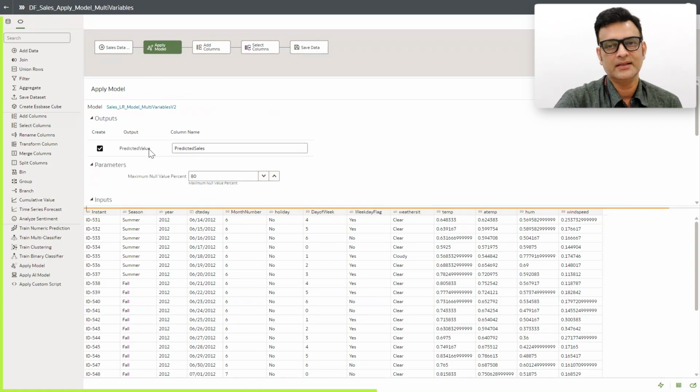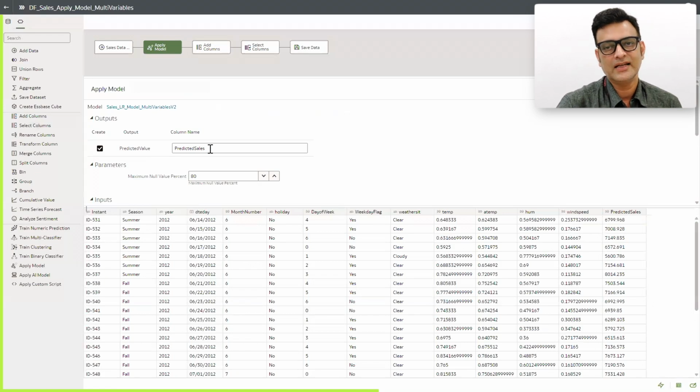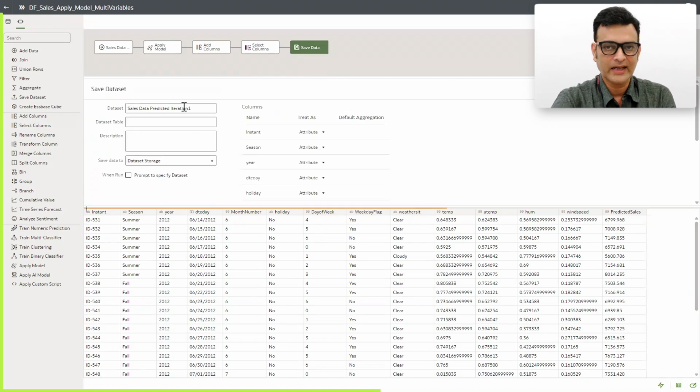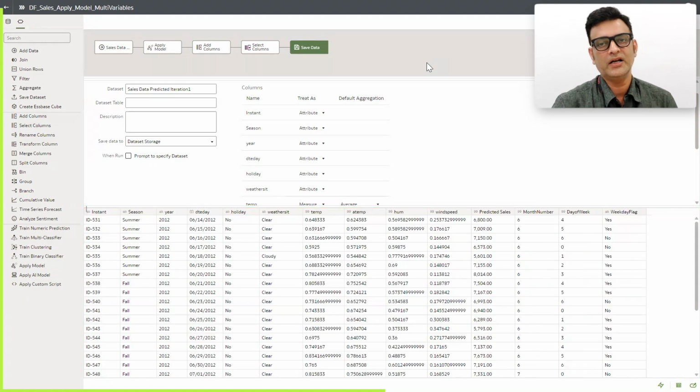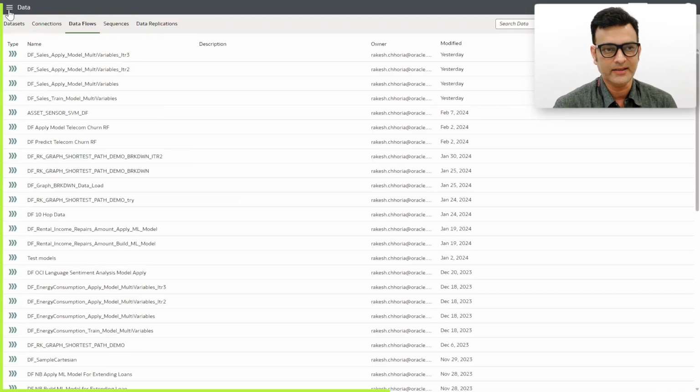Now, once I again save and run this data flow, I actually have the sales predictions for the future, say 6 months of data that I have used for prediction. I would have the sales available, which I have generated using the machine learning model building. So as you can see, this is a very easy way to build a machine learning model and then use it for your analysis to get more insights. And again, no need for any coding or any complex SQL writing. None of such things are needed.